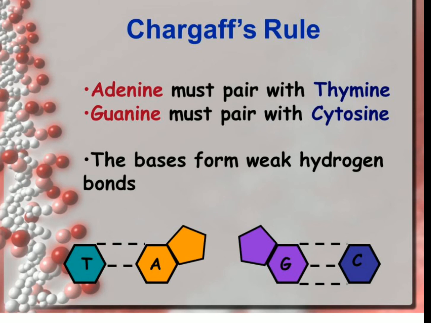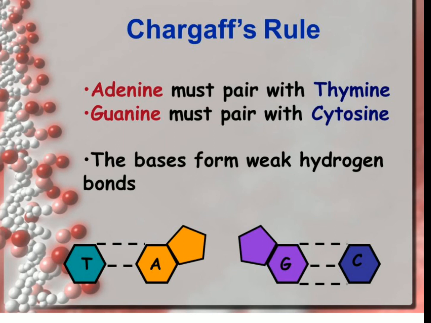The base pairing confers a very unique property to the polynucleotide chain. They are said to be complementary to each other, and therefore, if the sequence of the bases in one strand is known, then the sequence in the other strand can very easily be predicted. If each strand forms a DNA, let us call it the parental strand, which acts as a template for the synthesis of the new strand. We shall be discussing the synthesis of the new strand in the semi-conservative mode of DNA replication in the subsequent lectures.